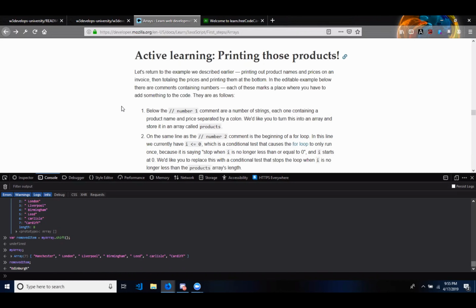Active learning, printing those products. Right. Let's return to the example we described earlier, printing out product names and prices on an invoice, then totaling the prices and printing them at the bottom. In the editable example below, there are comments containing numbers. Each of these marks a place where you have to add something to the code. They are as follows. Number one,